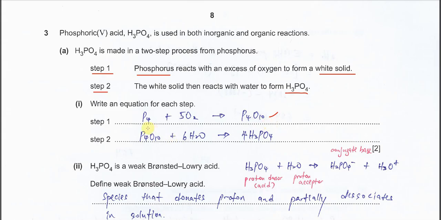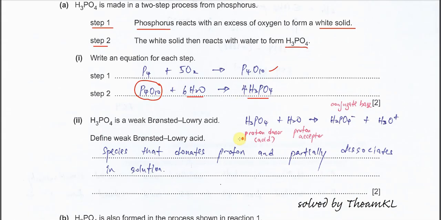And of course, step 2: the white solid, which is the phosphorus oxide, reacts with water and forms the acid, that is H3PO4. So you just balance it accordingly. For part 2,